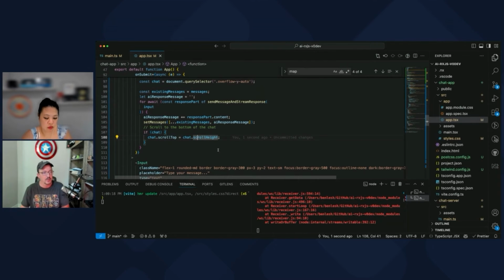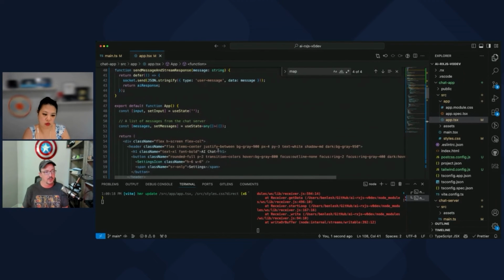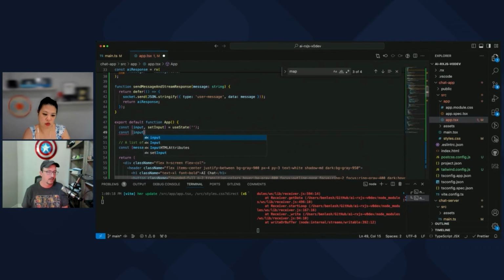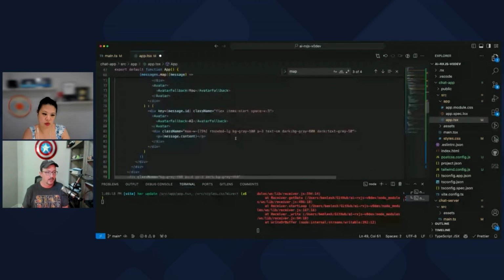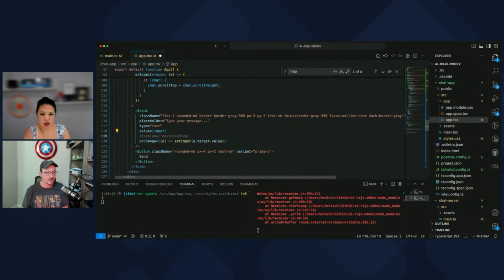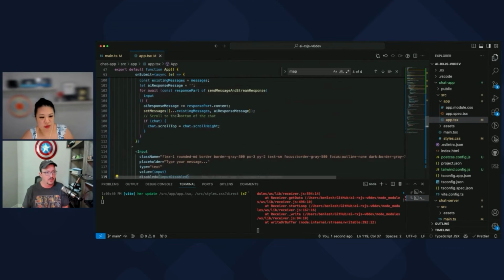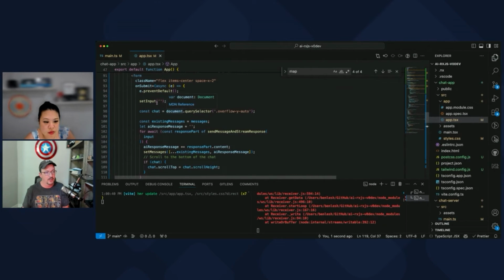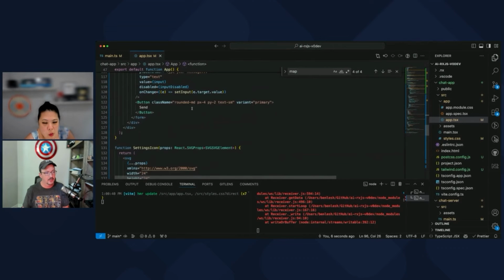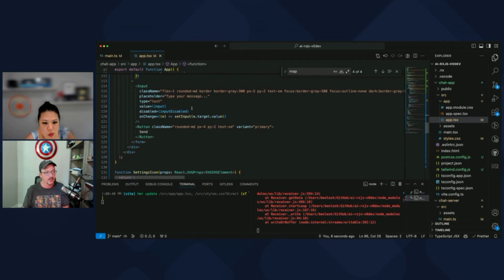Now, we also want to disable our input while this is going on. So I'm going to go up here and add that, and then come down to our input and say disabled is input disabled. And then so before, as soon as we set this, actually, no, we're not going to disable it there.